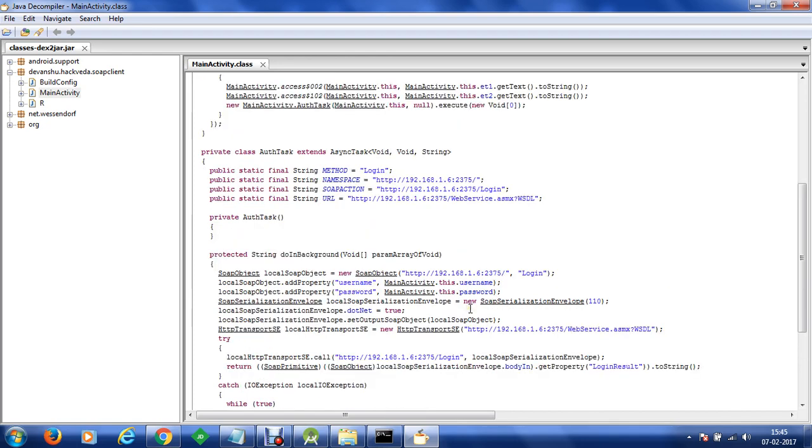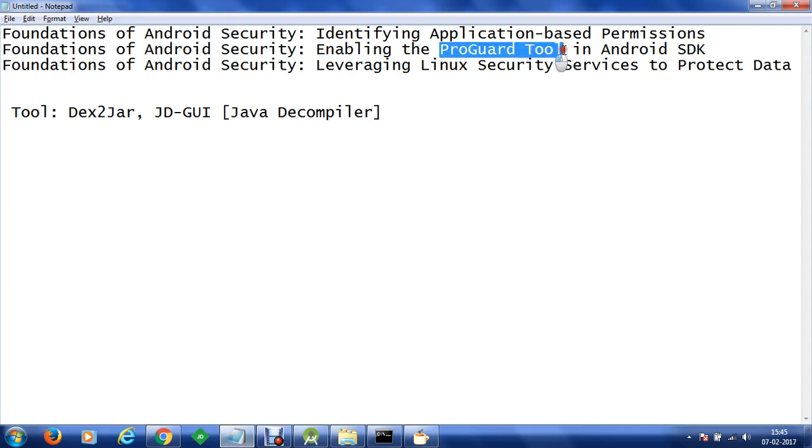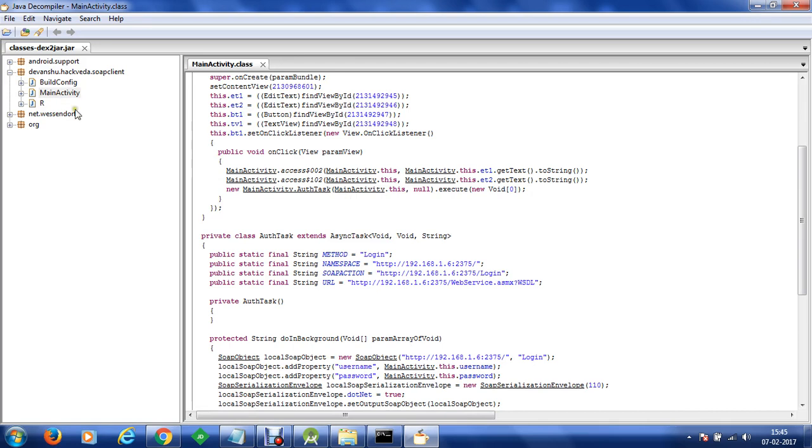Now we have to ensure security of this Android application, and to do this we are going to enable the ProGuard tool in Android SDK in order to obfuscate the source code of the application. Once you ensure the security, hackers won't be able to decompile your applications and extract your source code and sensitive information available in your source code.